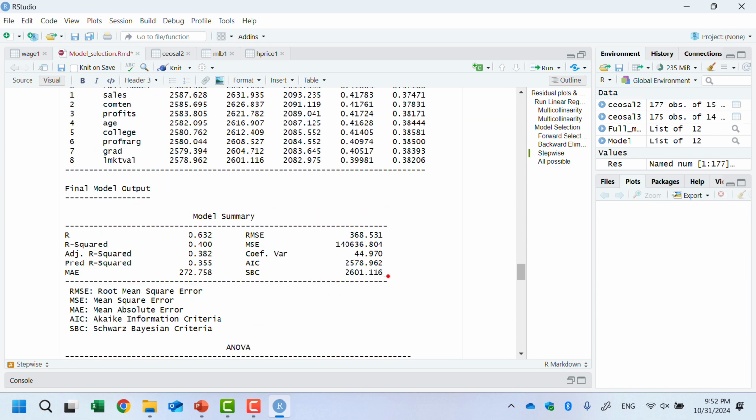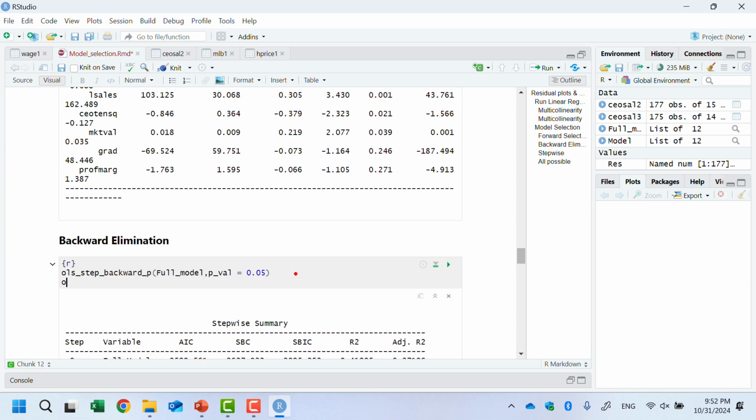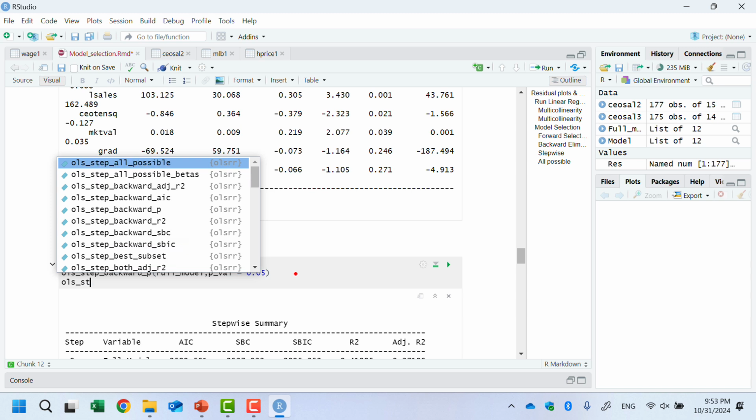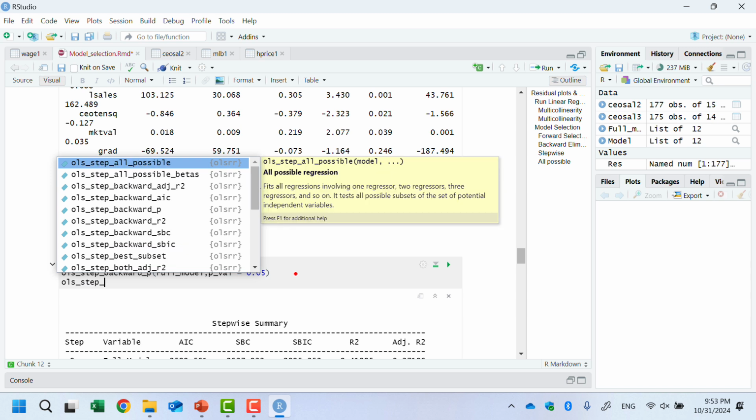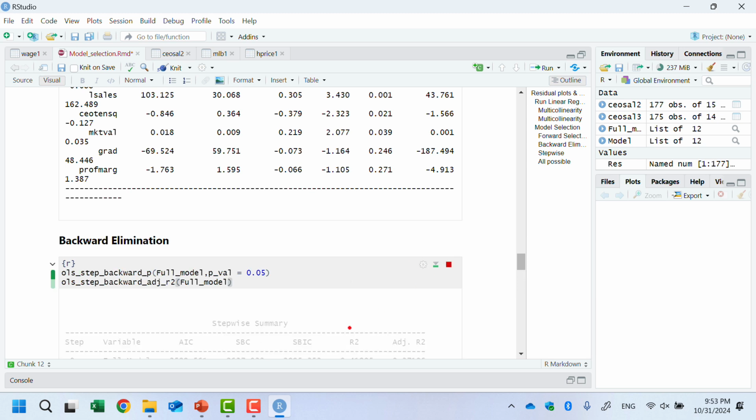I can try here. I can add the backward OLS step, backward adjusted R, and I will use the full model, and I can run it again.